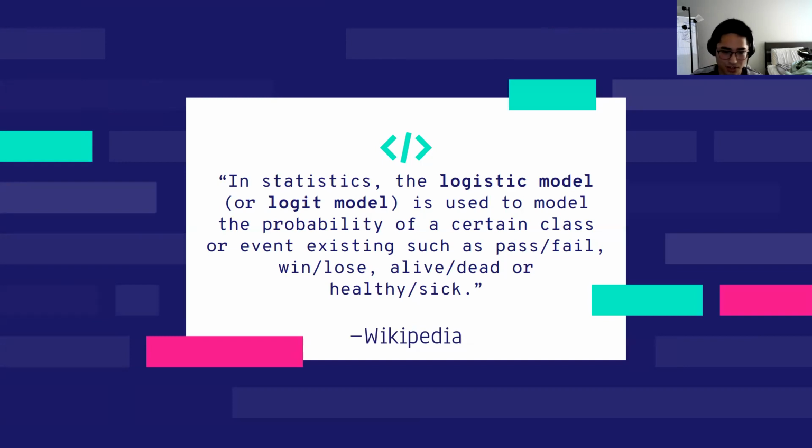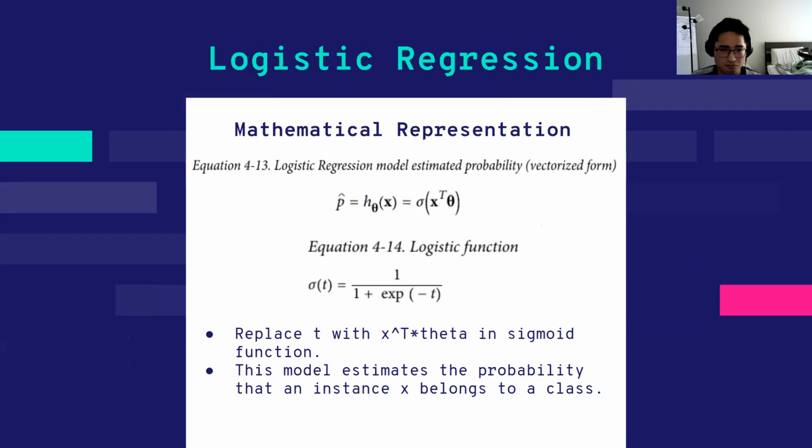Now, if you feed in an image of a dog, your logistic model will compute the probability, actually two separate probabilities, one for the cat and one for the dog. So it computes the probability of what this image is most likely classified as. Is it going to be classified as a dog, or is it going to be classified as a cat? So this is basically just the mathematical representation.